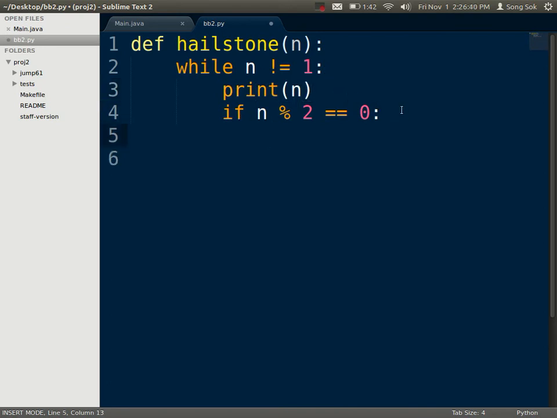Okay, and then if n is even, then we set n to n divided by 2, else